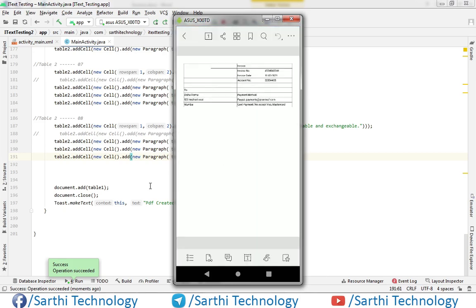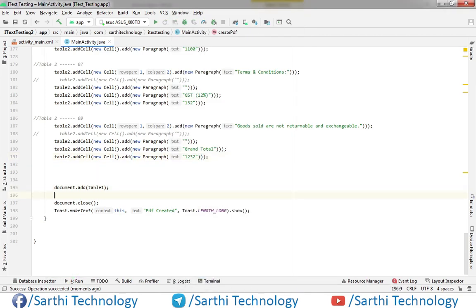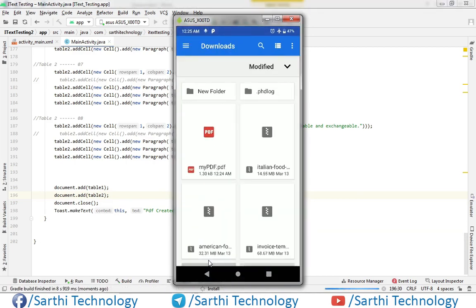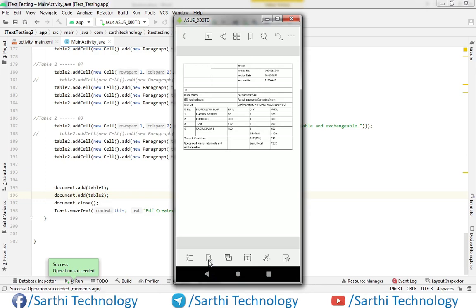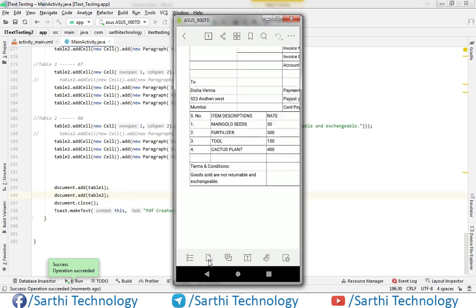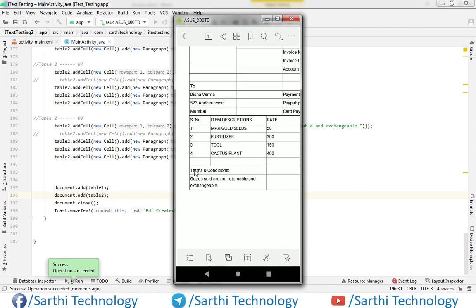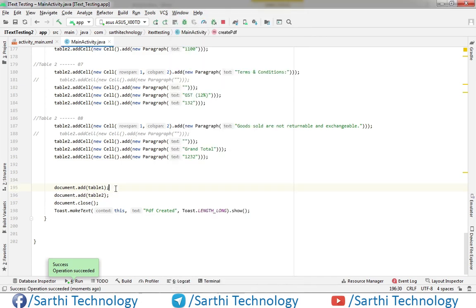Okay, so we need to add this table in the document. So here you can see we have also created the second table, and here we need some space, and that's why we will add one paragraph here.